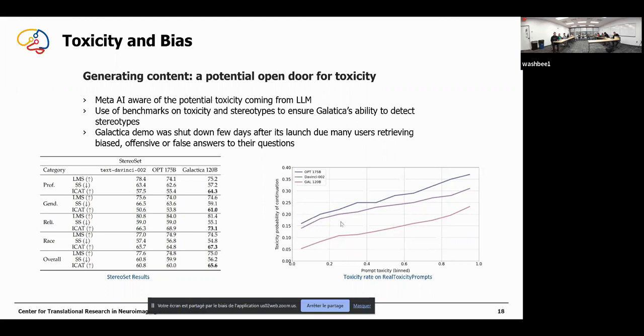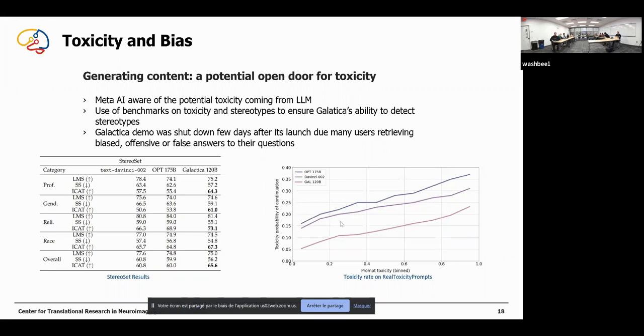This behavior toward toxicity and bias seems to also be the case with the RealToxicityPrompts, because we can see that for the Galactica models, even if we enhance the toxicity of prompts, they generate less toxic content. So the results published by Meta AI were quite good, but it's a little bit